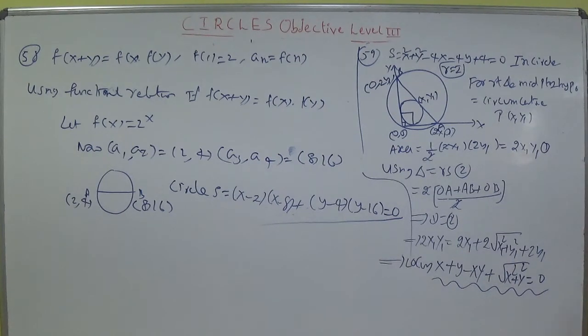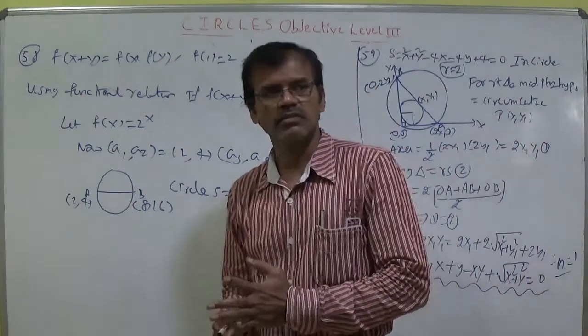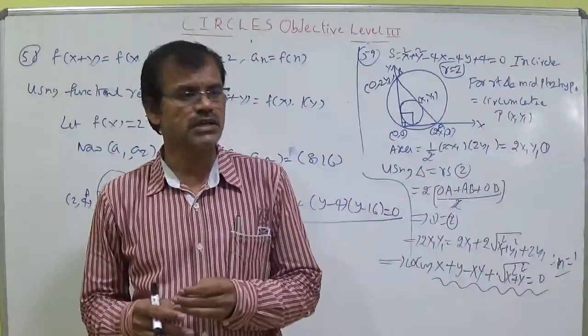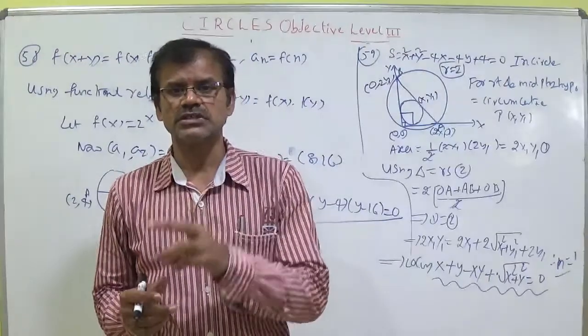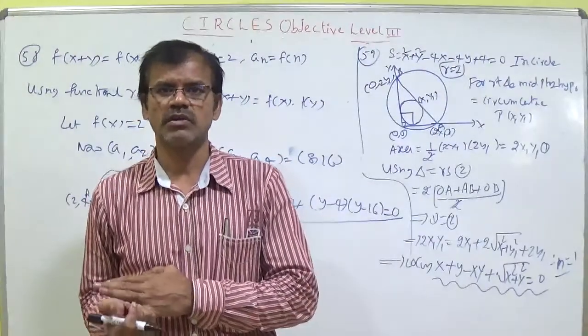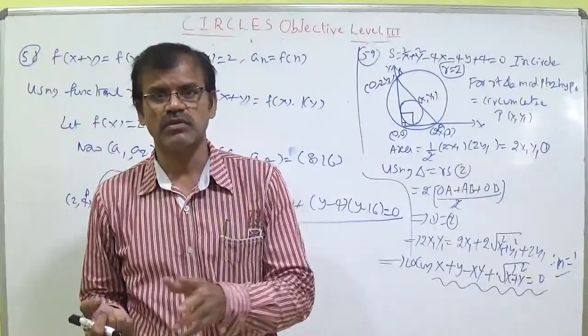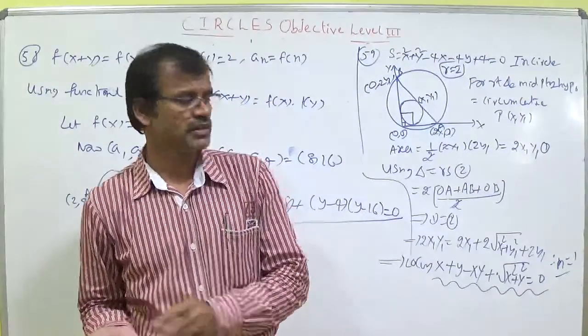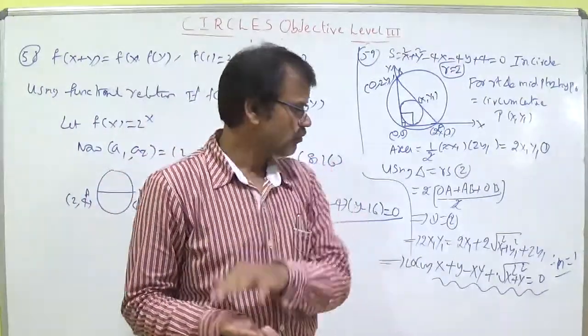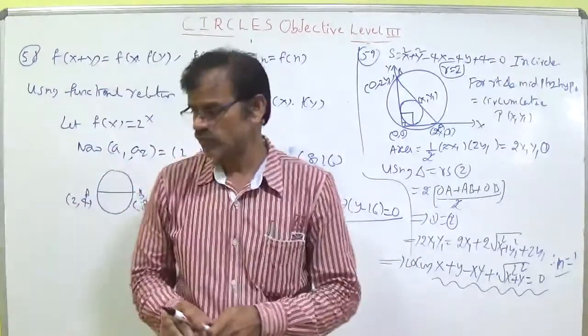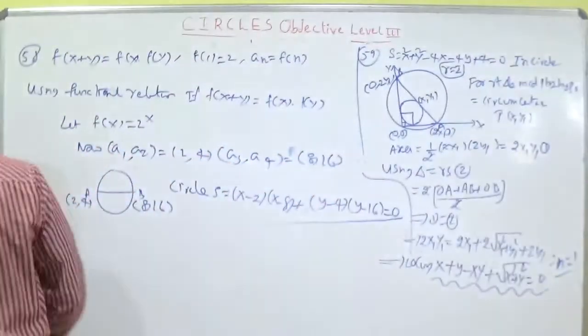x plus y minus xy plus, here he has given m. Therefore, m is equal to 1. This is the easy method. There is another hard method also. Whatever the hint he has given, then two cases you will get, m is equal to minus 1 or plus 1. Minus 1 is not possible, you should not consider minus 1. You will consider 1 only. Don't follow that method. This is the easy method to follow. This is a Mains important question.